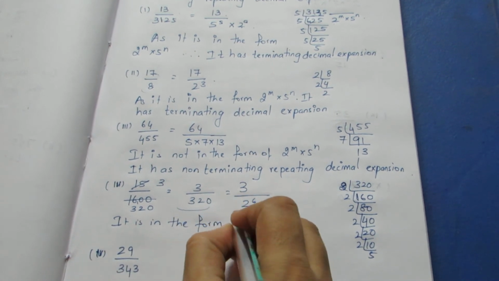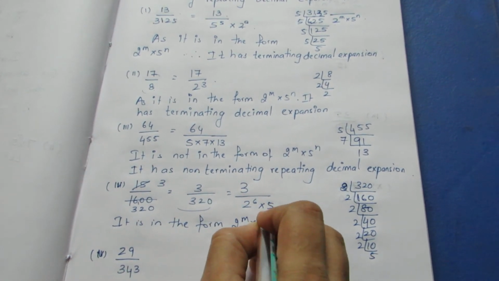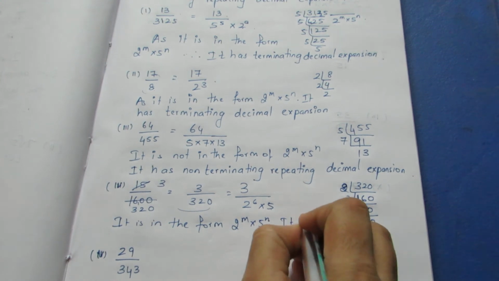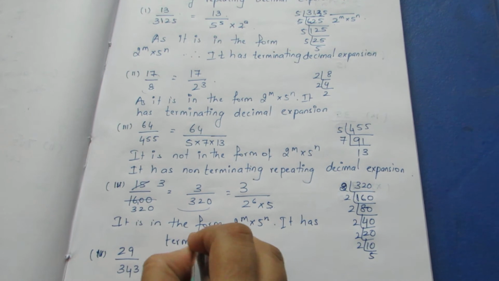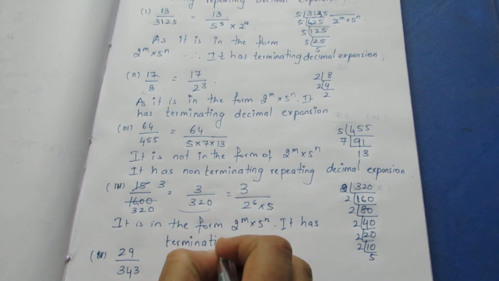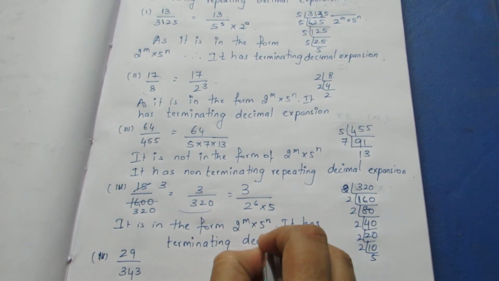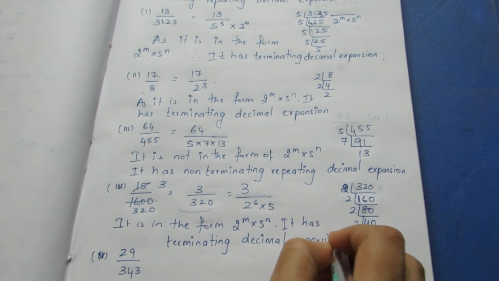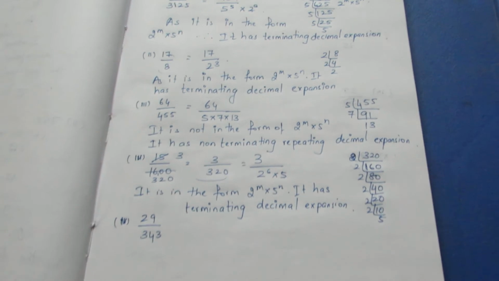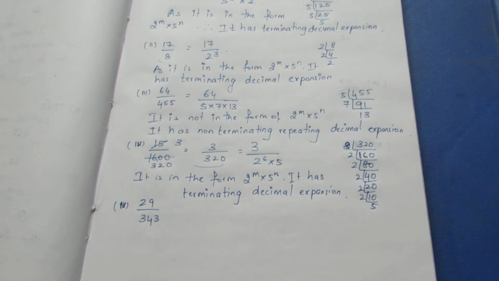It is in the form 2 power m into 5 power n. It has a terminating decimal expansion. So we'll move on to the next sum,